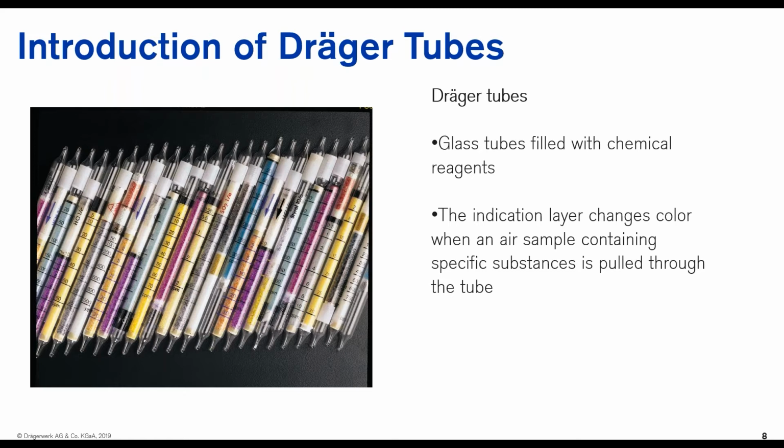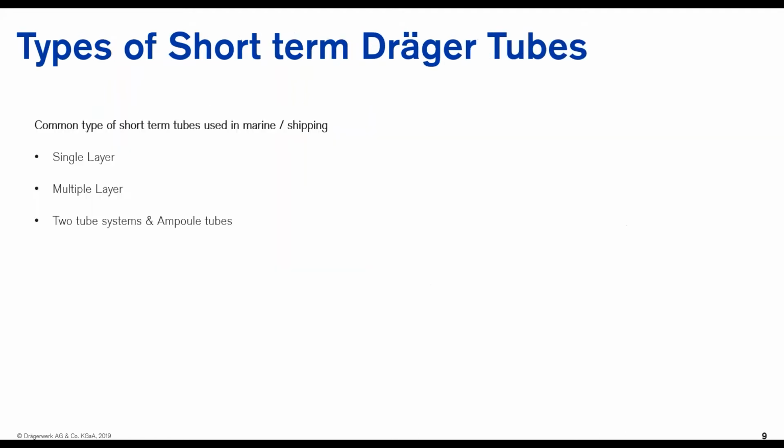So what is a Dräger tube? It's actually a glass tube that contains a chemical preparation that reacts with measured substances by changing color. To achieve the normal shelf life of 2 years, the tube tips are fused at both ends. This creates an inert atmosphere for the reagent systems. Most of the Dräger tubes are scale tubes, and the length of the stain discoloration is an indication of the concentration of the measured substances. So let's look at the types of tubes used in the shipping and marine industry.